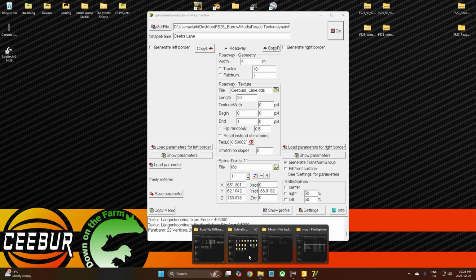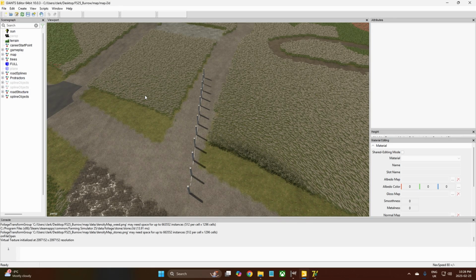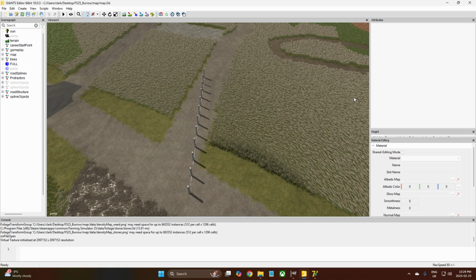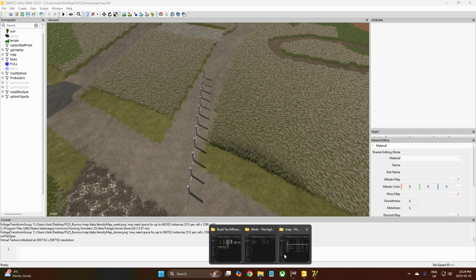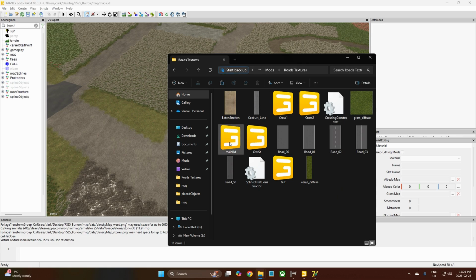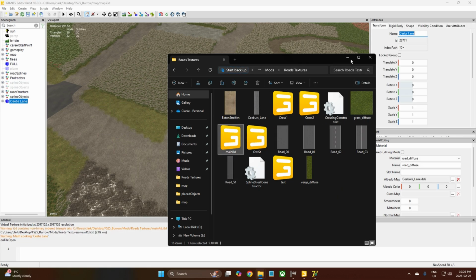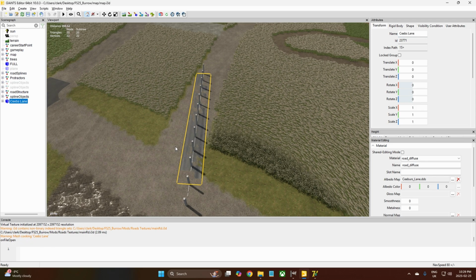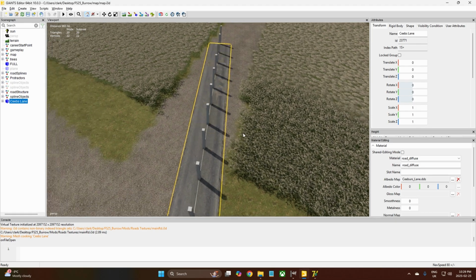Okay, and then we come back here, and that's the wrong one, you idiot. We didn't have it ready at all. It's this one, and we did it as main road, didn't we? So we'll just click, drag it in there. It has a little bit of a brain fart down here, but there's nothing to worry about. It's getting worried about mesh cooking, but it's actually okay. And then you can see that we have our new texture that we've just created,